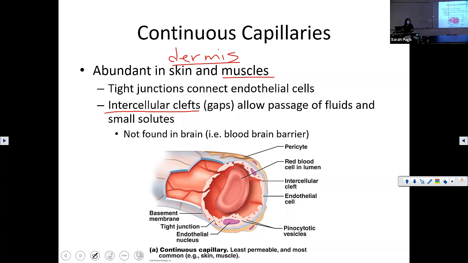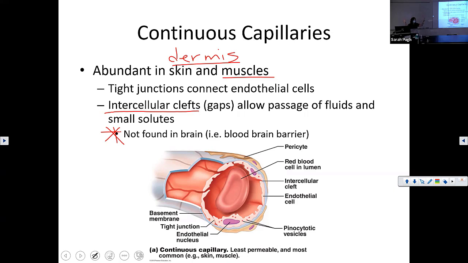Okay, now you are not going to find these intercellular clefts in the brain. Remember, the brain has something called the blood-brain barrier. It has a continuous endothelial lining. And so this is going to keep out, for example, hormones from the brain, because you don't want a lot of hormones, amino acids, a lot of those act like neurotransmitters. You don't want those being able to get all out into your nervous tissue